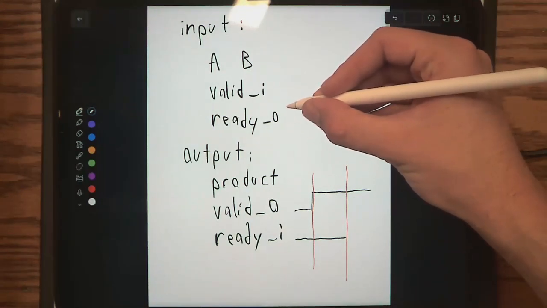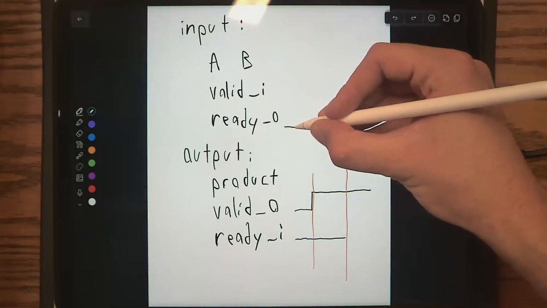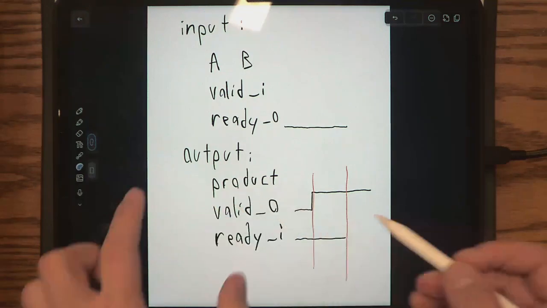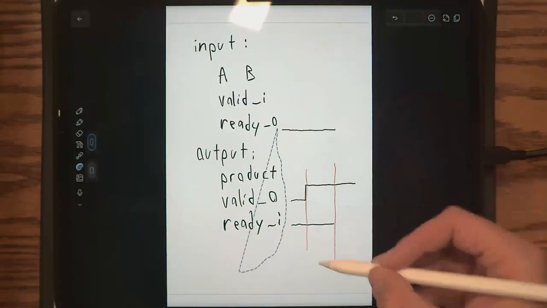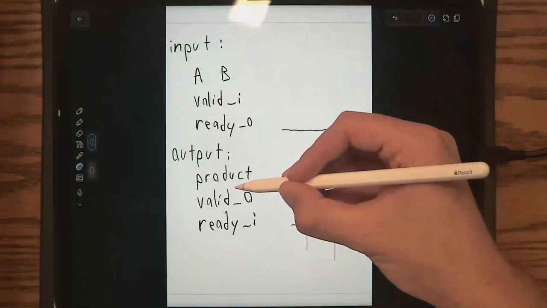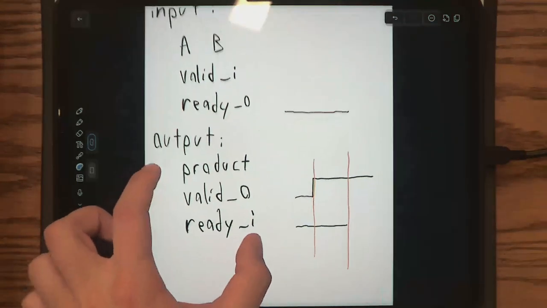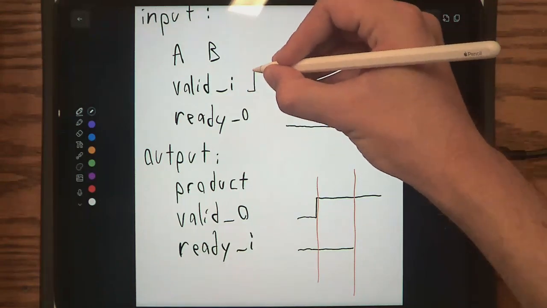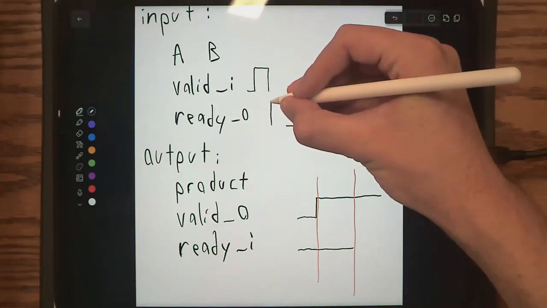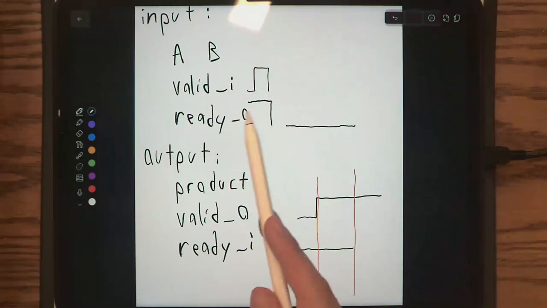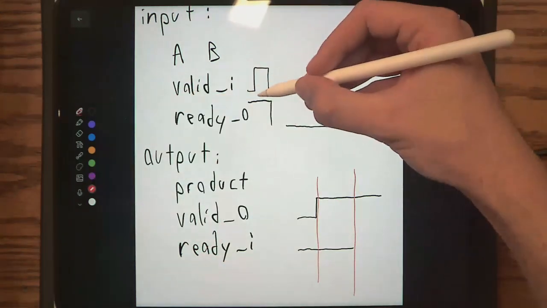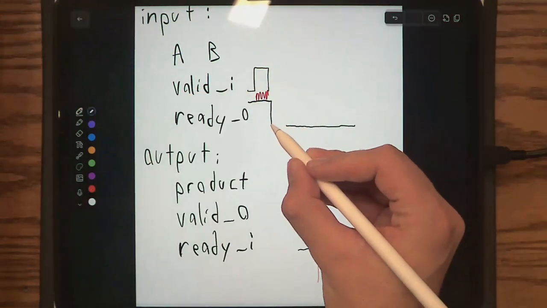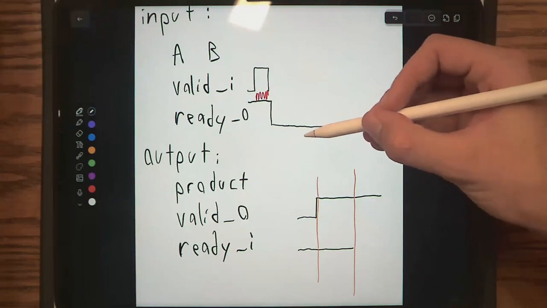So let's say, I'm going to slide this over. Okay. And let's start from the beginning actually. Initially, we receive a valid input. Maybe starting out from the beginning, we were always ready to receive that. So now we just received something. We have the case where data flow happens right here. Okay, so data flow happened. And now, in this initial state, right here,